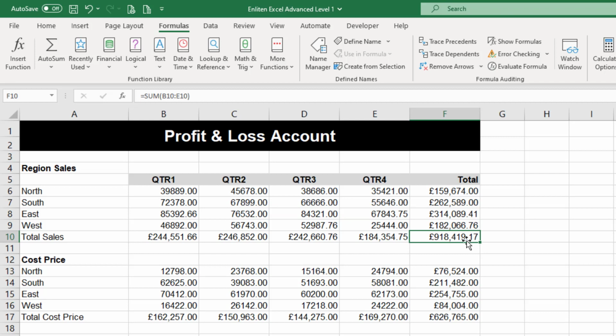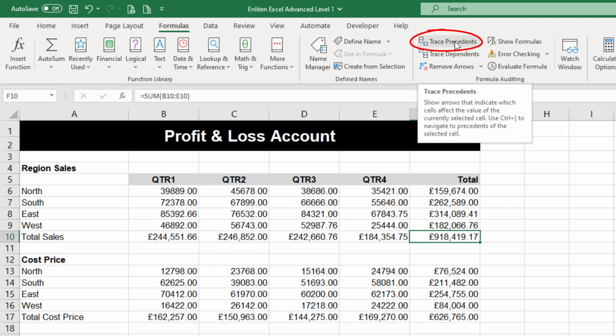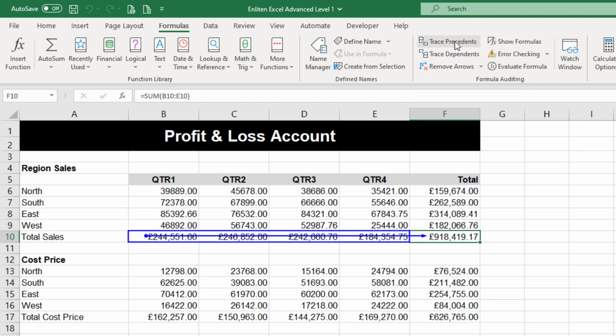And it's almost like following a family tree, because if we come up to the Trace Precedence button and click, it draws a blue arrowed line indicating which 4 cells make up this one. And it's a good visual aid to know how a sheet has been put together, certainly if it's something that